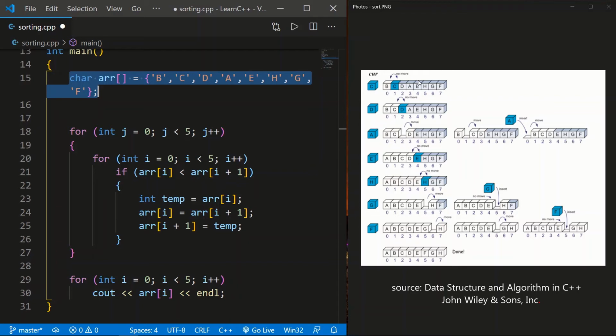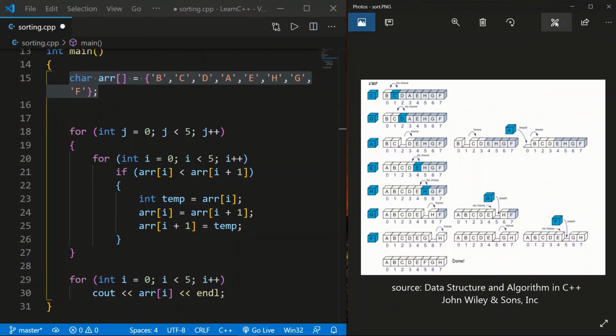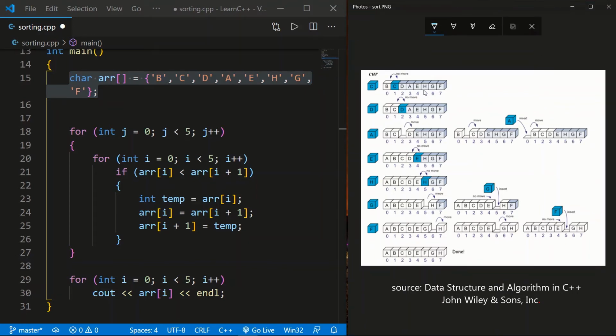So follow my cursor, and at the top of the page you can see here. I'll just bring up this for the writing part. Now you can see for this one, this and these are the same because all the characters are printed here: B, C, D, A, E, H, G, F. Now we need to get this. This is our main focus. We need to bring it to A, B, C, D, E, F, G, H.